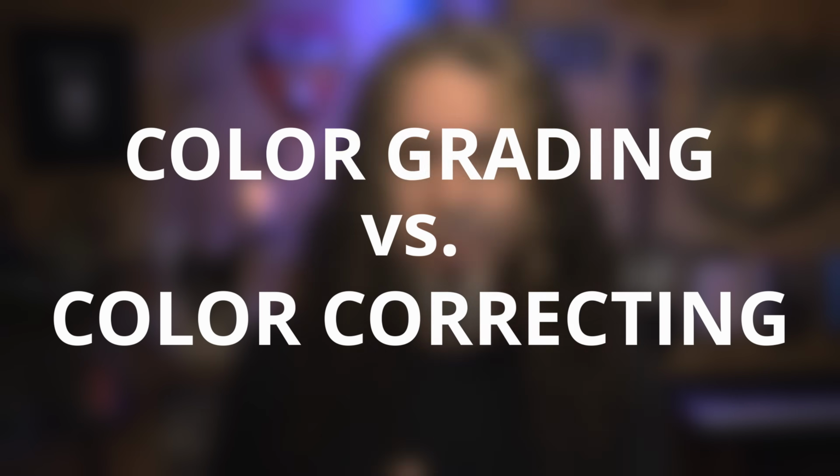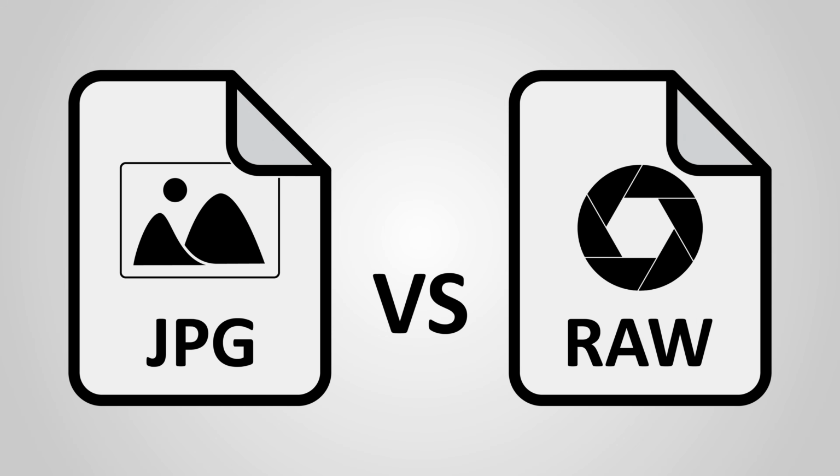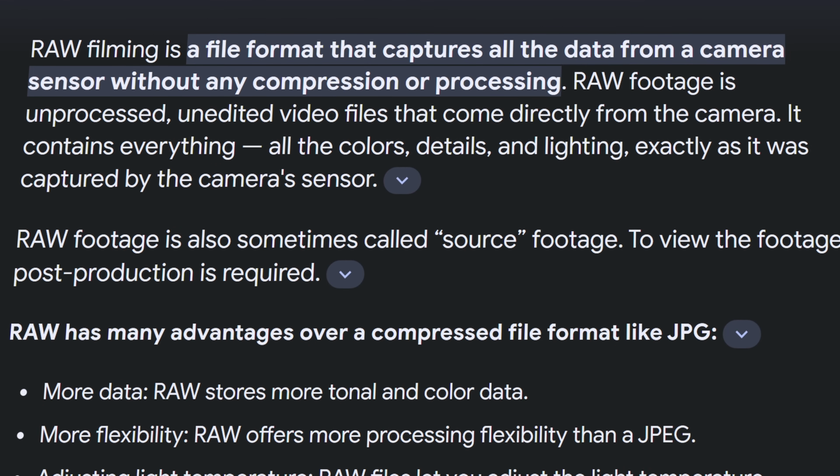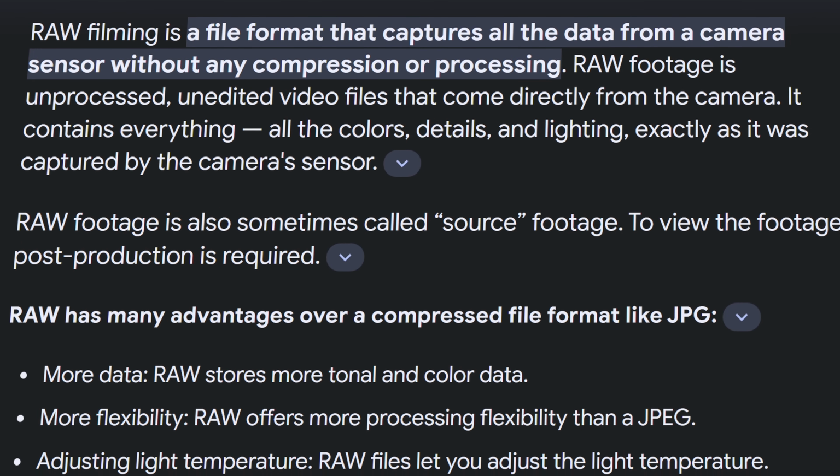Sometimes you'll hear people talk about color grading and color correcting. In a very loose way, when people talk about color correcting, what they mean is that your camera itself may either add a certain amount of color or presets to get your footage to look a certain way in camera, or sometimes you might even be filming in what they call RAW, which is where you ask your camera not to add really anything in terms of contrast, brightness, color exposure, tints, any of those things. So when you're color correcting, what you're really thinking about is taking the footage into your project and correcting for anything that might be a little off, trying to get the white balance where you want it and start from a neutral